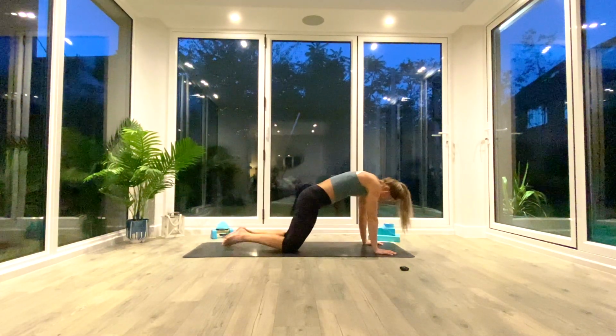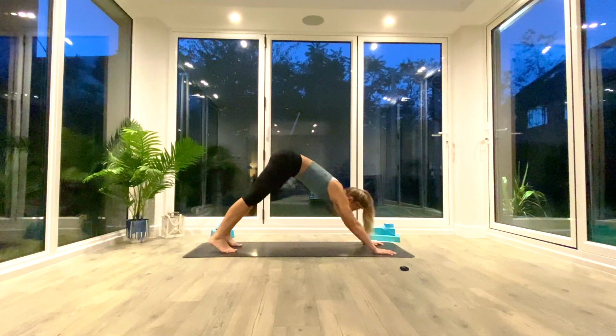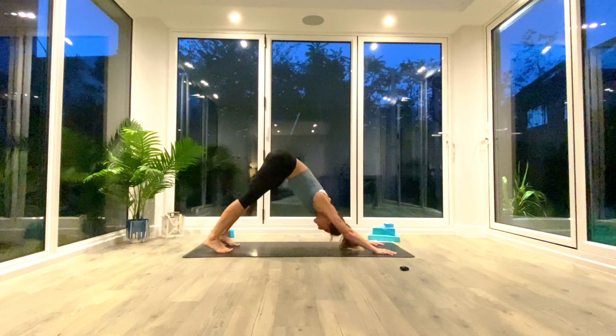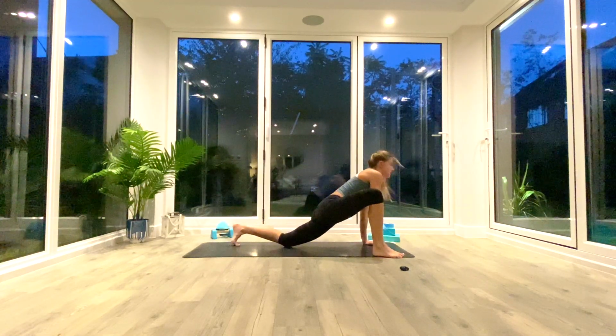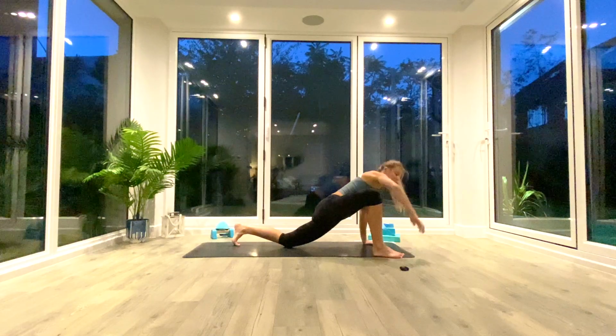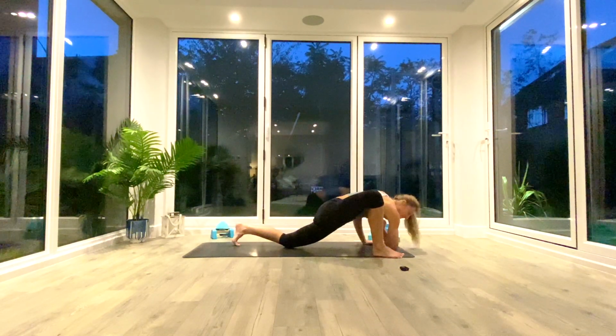Inhale, come back up onto your hands and knees, tuck the toes, press back to down facing dog, and we're just going to do another round of what we've just done. So right foot outside of right hand, drop the back knee, inhale to lift and twist, exhale, elbow to the floor. 5 times on the right,